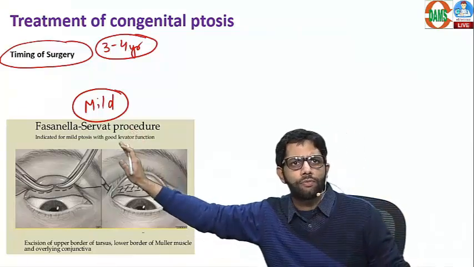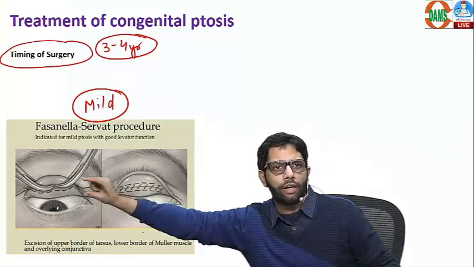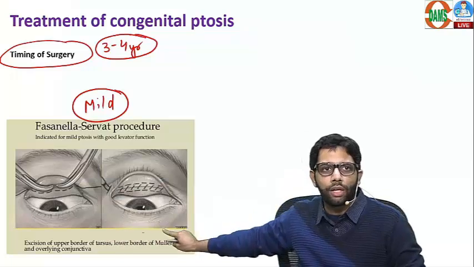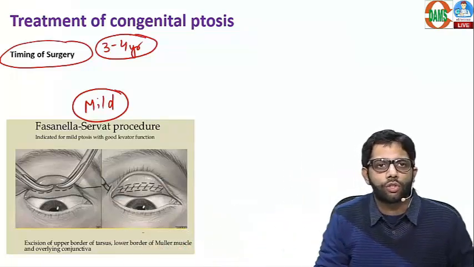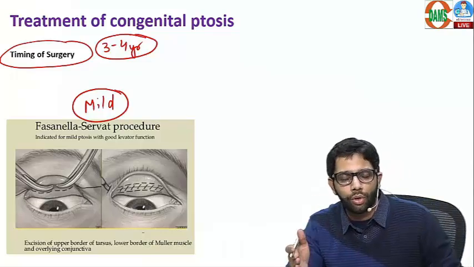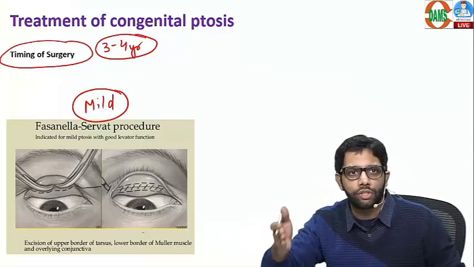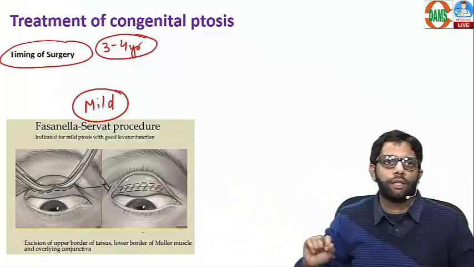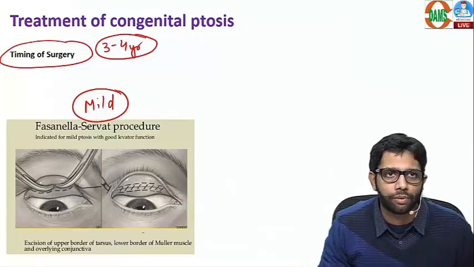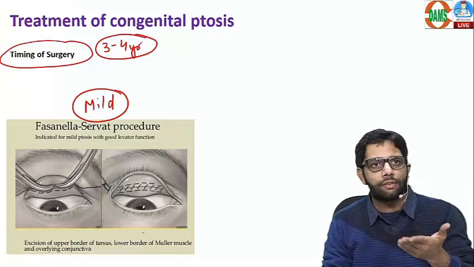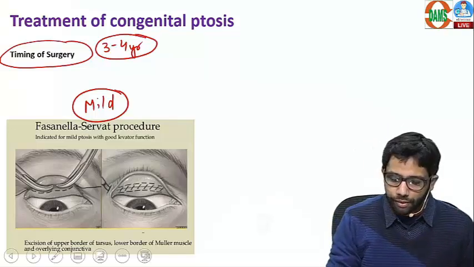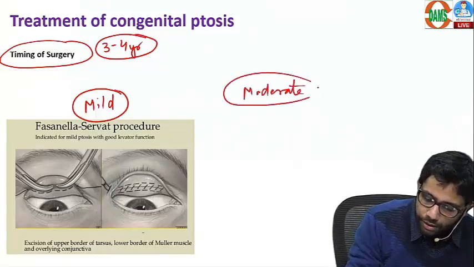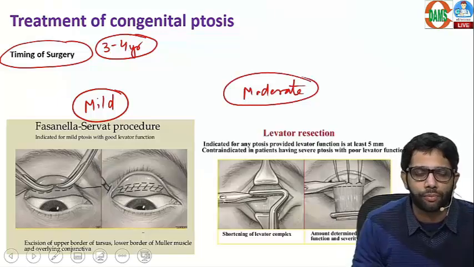But here for mild ptosis, in the Fasanella Servat procedure, you evert the eyelid and take out tarsus, Muller's muscle and conjunctiva. So it is also known as tarso-conjunctival Muller-ectomy. You take out the tarso-conjunctival-Muller tissue to increase the strength. That is done for mild cases, the Fasanella Servat operation. For moderate ptosis,